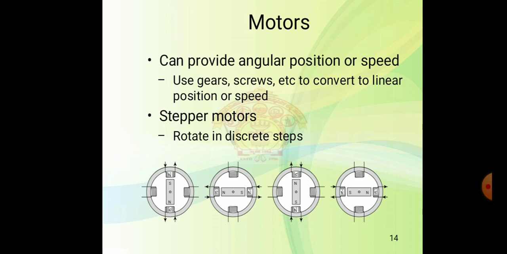In the first figure, the south-north pole is vertical. In the second, the south-north pole is horizontal, south on the right-hand side and north on the left-hand side. Likewise, in the next step the power supply is changed again and given to the vertical coils, so the position changes, and so on. If we go on changing the supply, there are also half-step and full-step operations. You know the detailed working of the stepper motor.